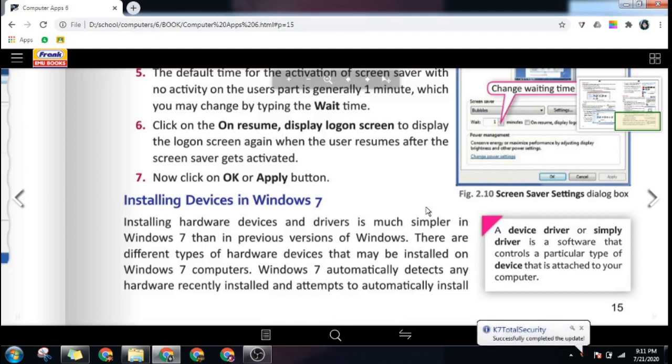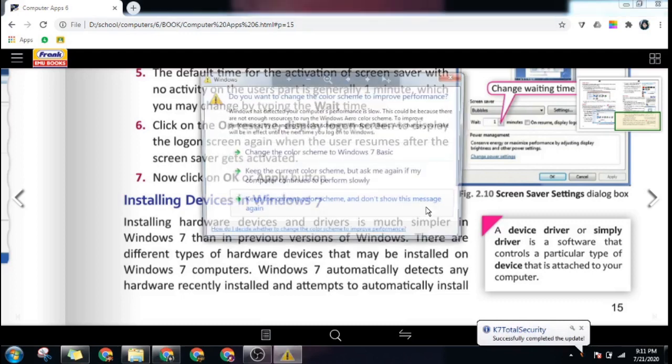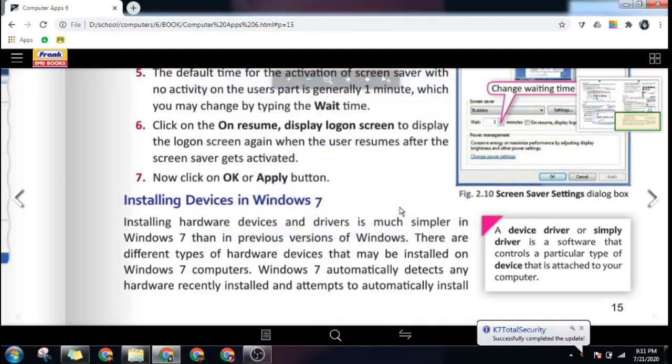Now we'll read through the chapter. Installing hardware devices and driver is much simpler in Windows 7 than in previous versions of Windows. There are different types of hardware devices that may be installed on Windows 7 computers. Windows 7 automatically detects any hardware recently installed and attempts to automatically install